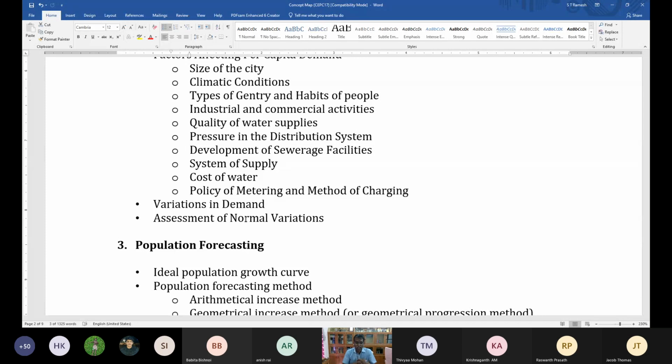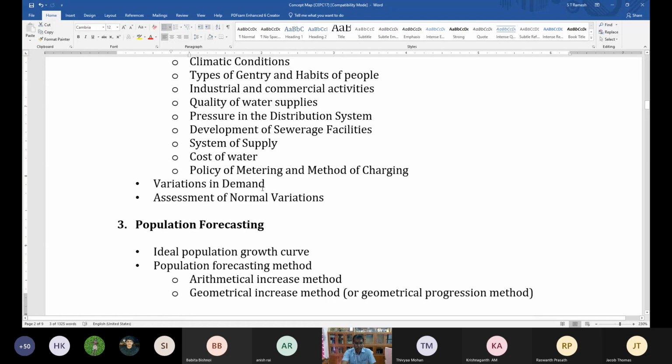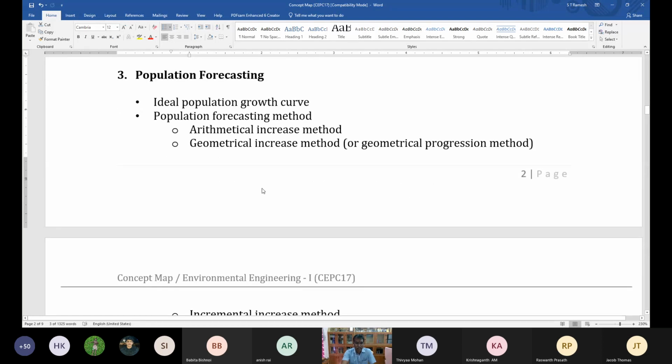It will go up to 6:30 or 7 o'clock or 8 o'clock, depending upon your city conditions. It will also have variations in demand, so we'll be discussing a graphical pattern of demand variations. Third lecture, population. As I told you, population forecasting is an important factor in the development of water-related or water distribution network